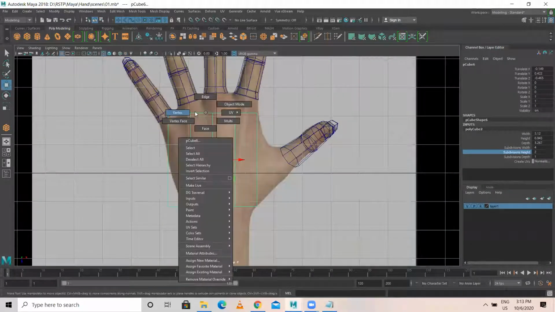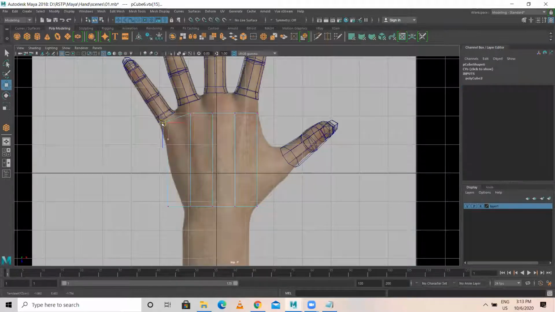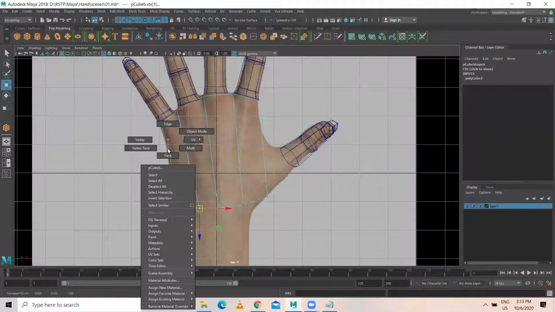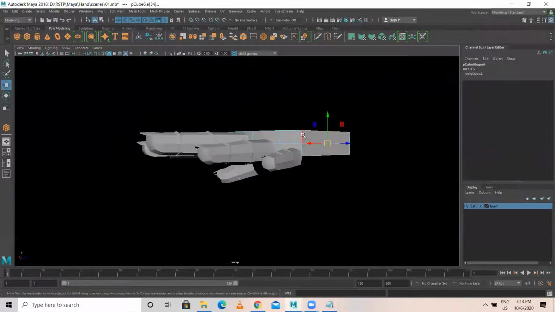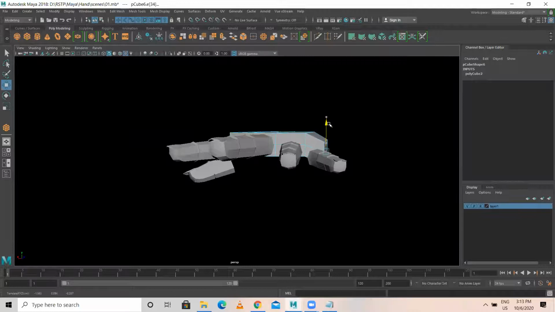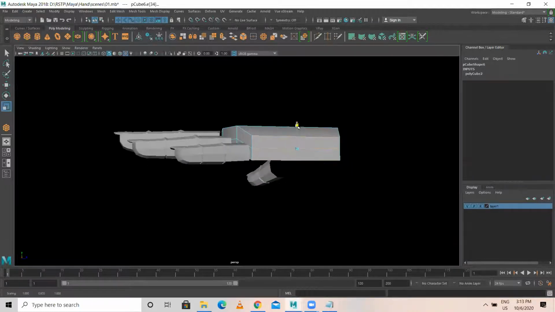Then after this, go to vertex mode, place one vertex here, place another vertex here, place another vertex here, same way here, and this one here. Let it be something like this. It's okay, no problem. Other things we can see. So I'm just placing this here like this. First thing, select these edges, select these side edges. This is for the little finger. First thing is move it down, and you need to scale it something like this.